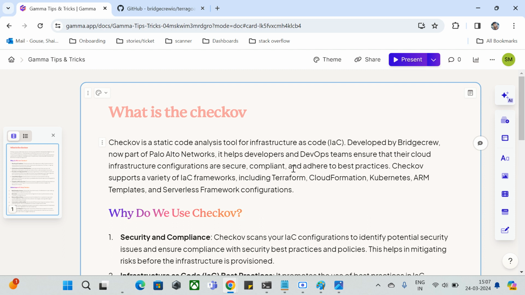So that's how it's a famous tool in the current market, and it is open source. You can go and you can download it. So in the last videos, we had seen how we can secure the infrastructure from the code side, but not